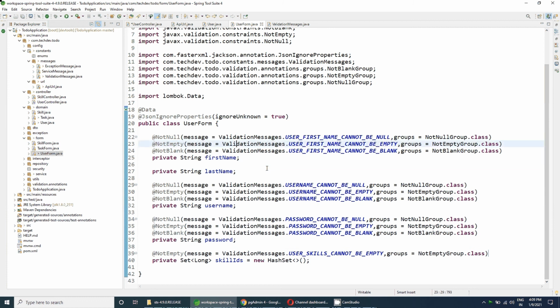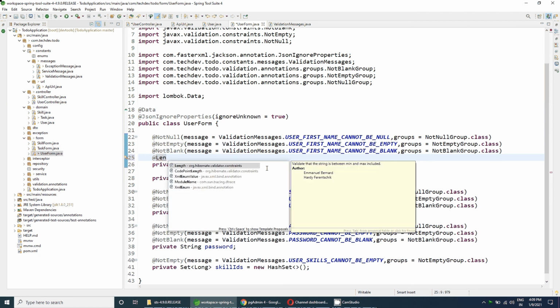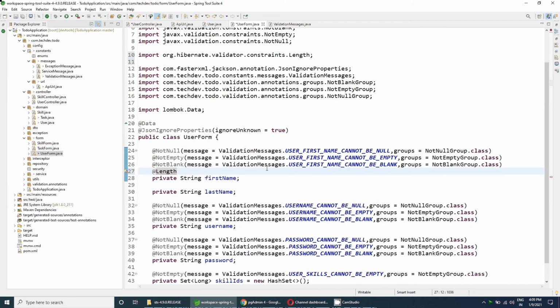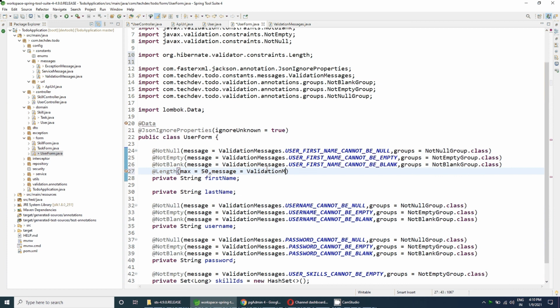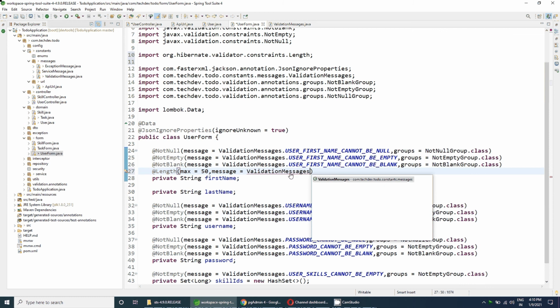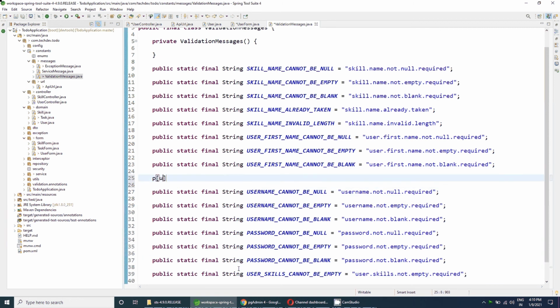So first name length will be at the rate length, maximum length will be 50, and the message will be validation messages dot. Let's create a message here that user first name length exceed.